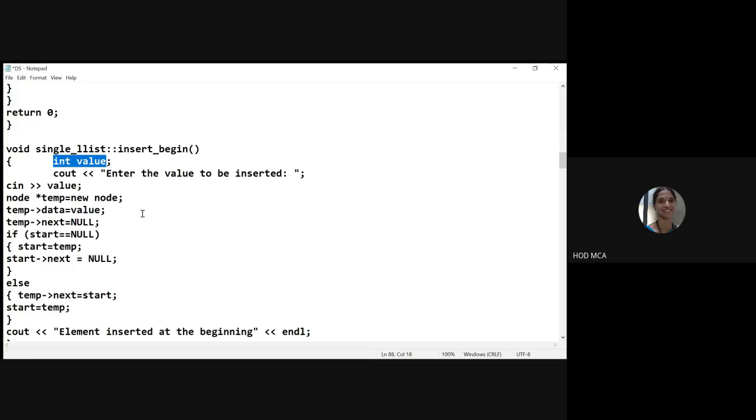First, you have to accept what value you want to insert. So enter the value to be inserted, that we are accepting. cin into value. Whatever data you want to enter, you are accepting in the variable called value. Then I have to keep my new node ready.